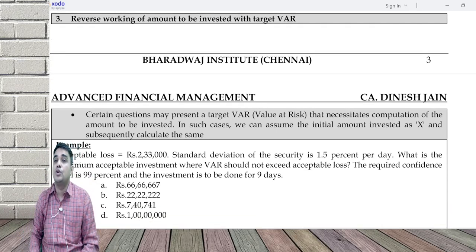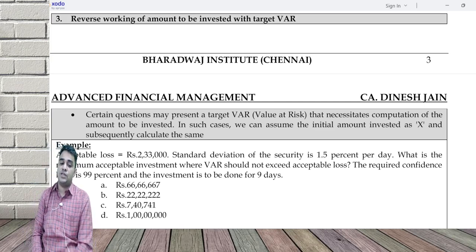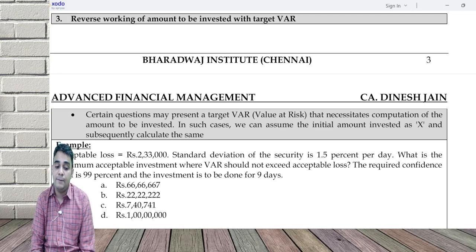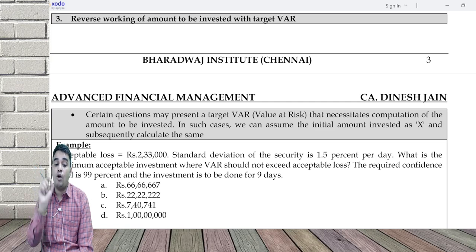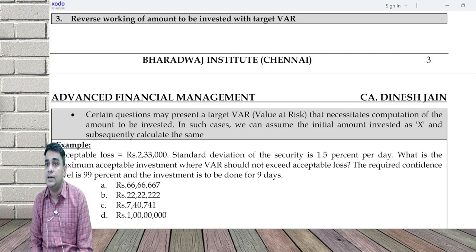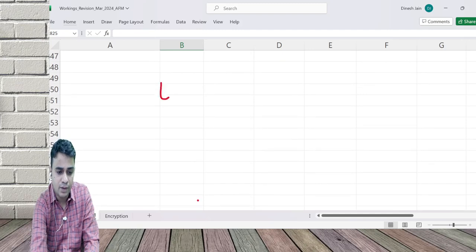Acceptable loss is 2,33,000. That is, value at risk can be 2,33,000. Standard deviation of the security is 1.5% per day. What is the maximum acceptable investment where VAR does not exceed the acceptable loss? My confidence level is 99% and the investment is to be done for 9 days. For 9 days, my loss should not exceed 2,33,000. Now write loss for 9 days is equal to